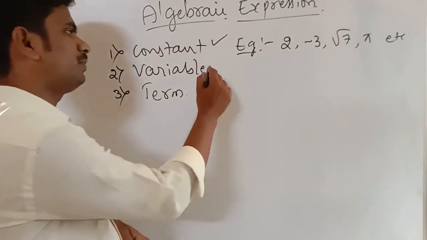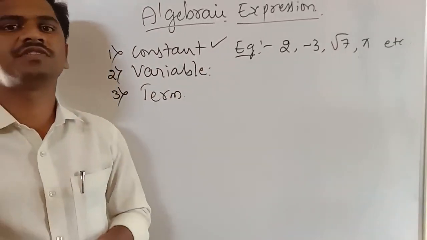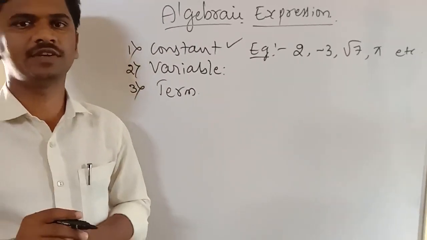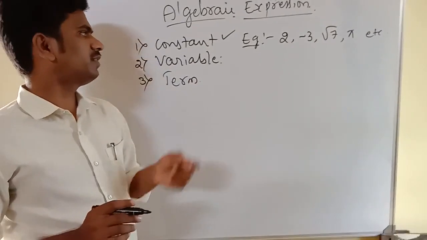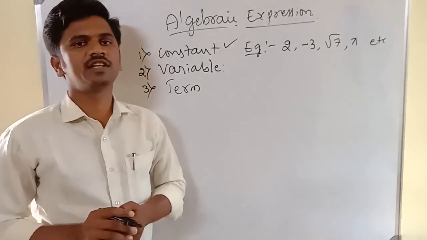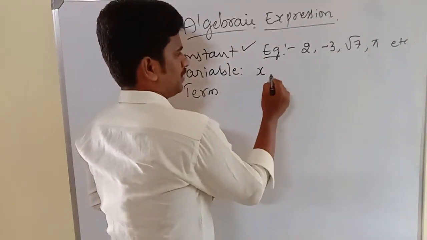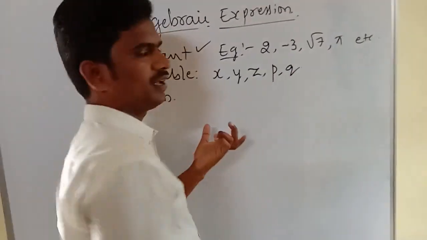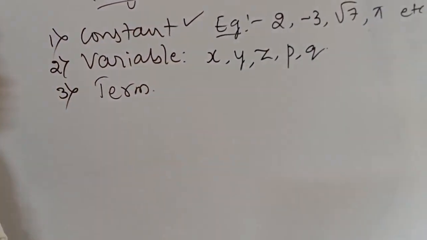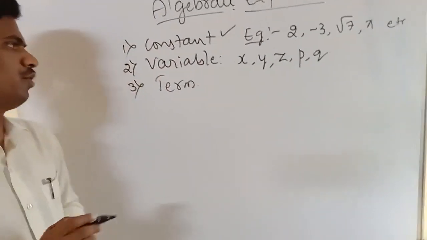Okay. Then what do you mean by variable? A variable is a symbol which does not have a fixed value, isn't it? So such type of values are called variables. And one thing we have to notice here, that is variables are actually denoted by alphabets. For example, x, y, z, p, q, any alphabets you can use. Then there is a note.